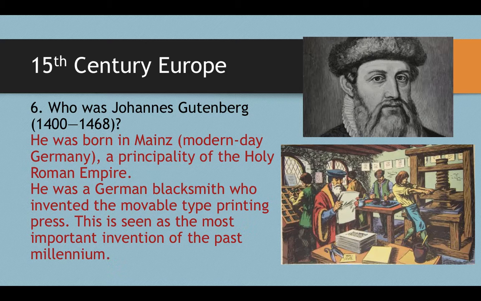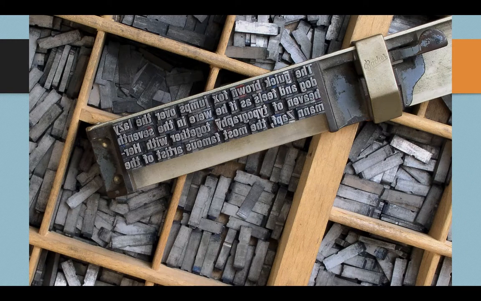It absolutely revolutionized the world, right? So this is what it kind of looked like. You would forge these letters through his work as a blacksmith. He would forge these letters and then move them and arrange them to make words and sentences. Then you would lather it with ink and press it onto a sheet of paper. Now, one thing you probably notice about this is that the letters are backwards. The reason they're backwards is because when you press it onto a piece of paper, it is forwards, right? So you had to forge the letters backwards and be able to